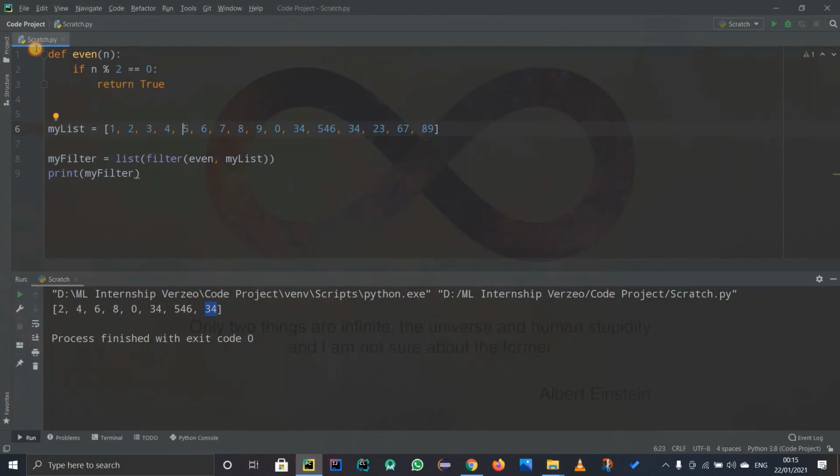So it is just an even function here. You can have any complex function which returns either true or false. Basically, it will apply the function to each and every element of that list, and it will return a list containing the truly evaluated elements of the original list that we had. So we'll get a new, filtered list. That's why the name is filter actually. We're getting a filtered list by evaluating each element using that particular function. So I hope you understand.